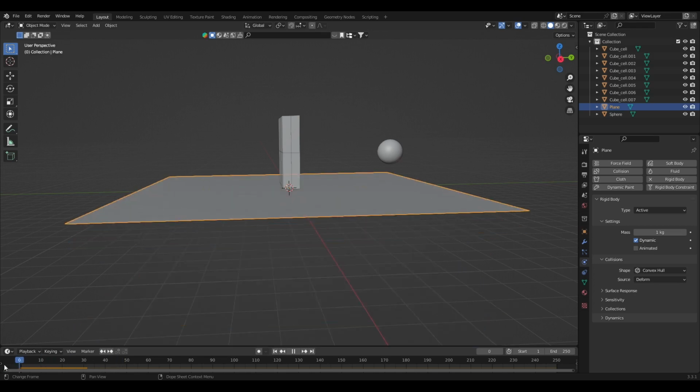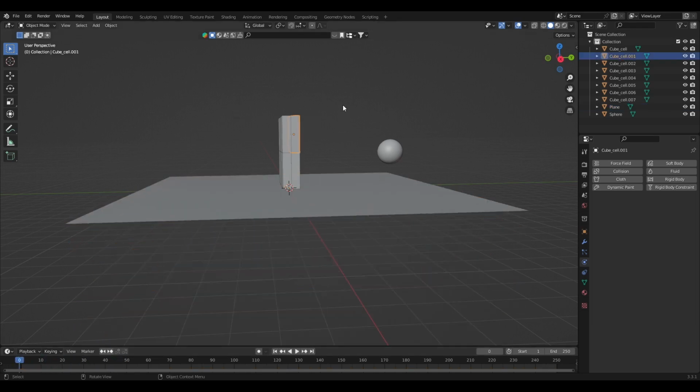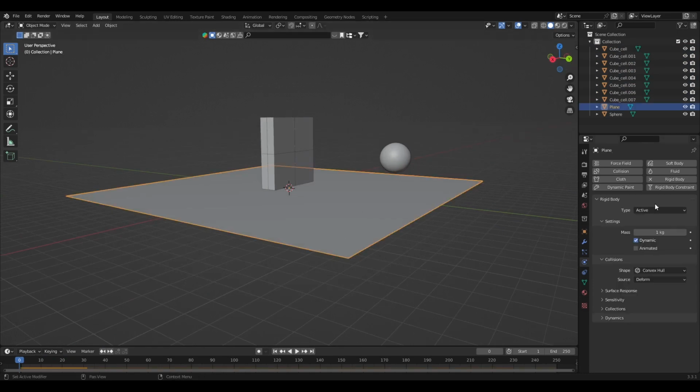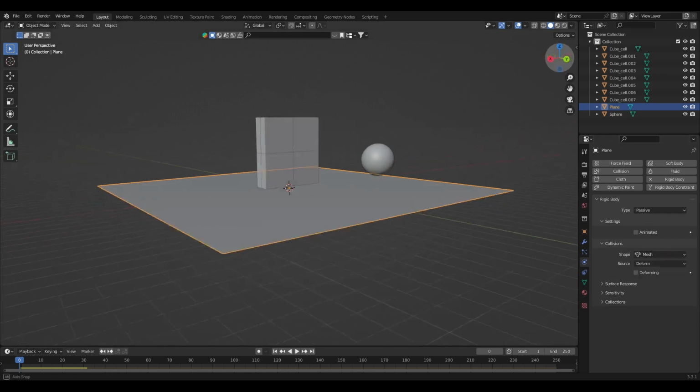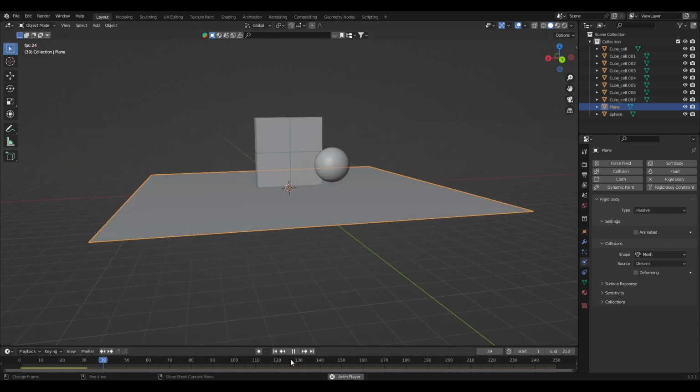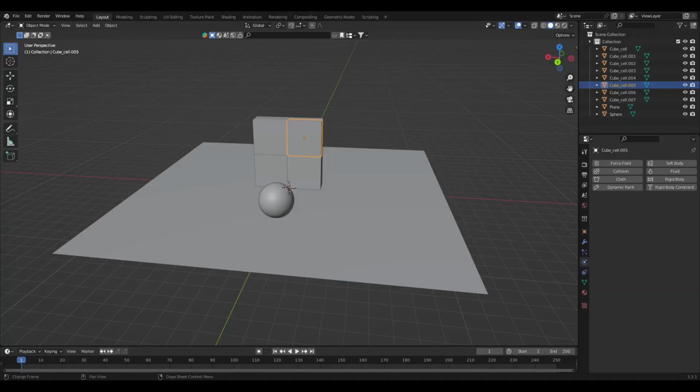Now, you do not want this because it's not going to capture this whole cube thing. So, once you're on rigid body, you want to change it to passive and mesh. Now, once you've done that, it should stay the way it should. So basically, after you've done that, you just want to